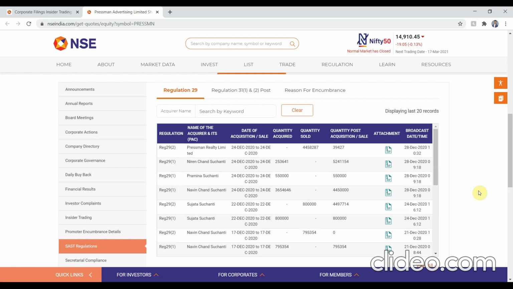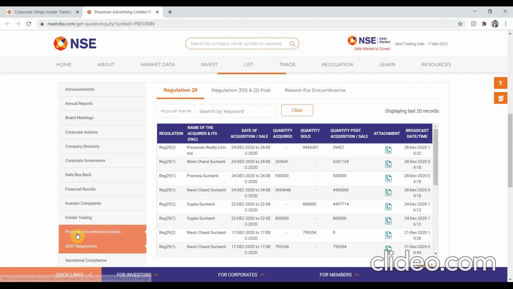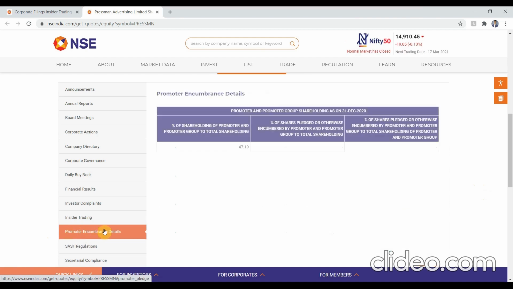So 6 months before, it was 16th September. So there should not be any selling in this particular stock by the promoters or by any institutional investor to pass the criteria.